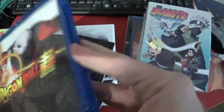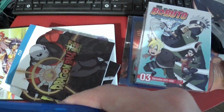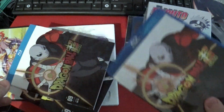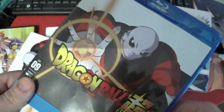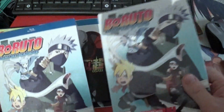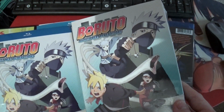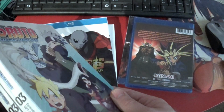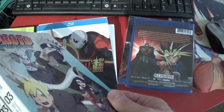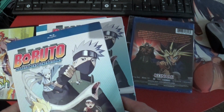This thing does not want to close. Why not? This is a very annoying update this week. Like, individual components. We got Boruto, the Next Generation 3. I don't know if that's a part 3 or a set 3. I guess I call them set 3s. And, you know, there's interesting things, but